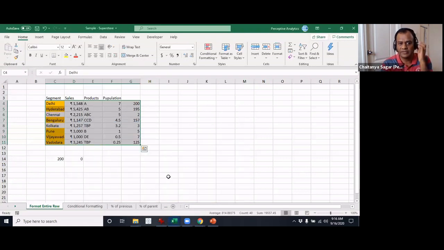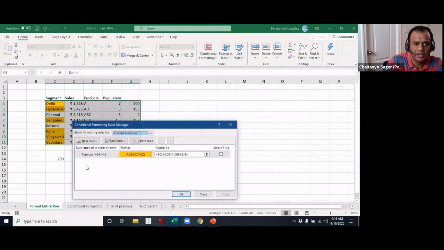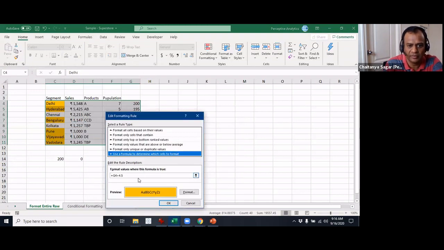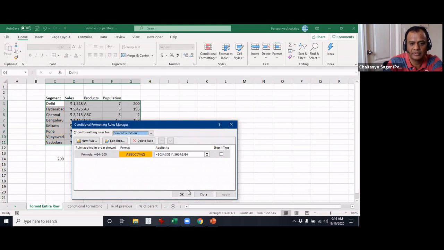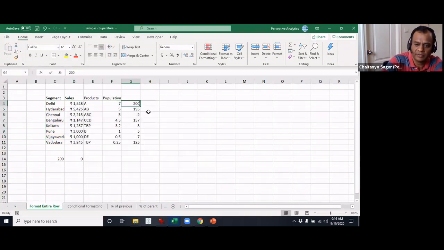Then this is not supposed to be highlighted. We will just see why that is happening. It's now taking sort of 4.5. That's the reason. So it should have been greater than 200. Okay, then it will behave differently. There you go. Oh, we said greater than, so we'll have to make this 201. Okay, so that's how it works. Okay, clear until now? Yeah. Okay. All right.